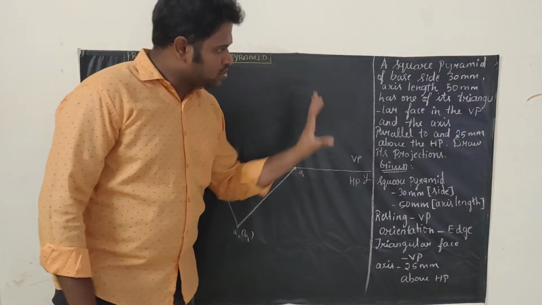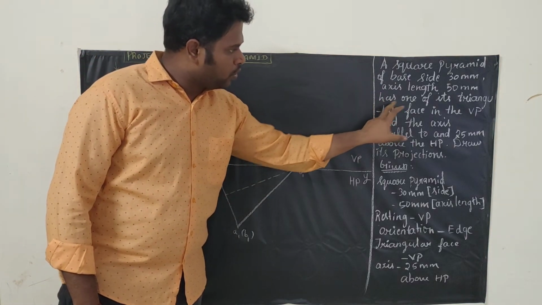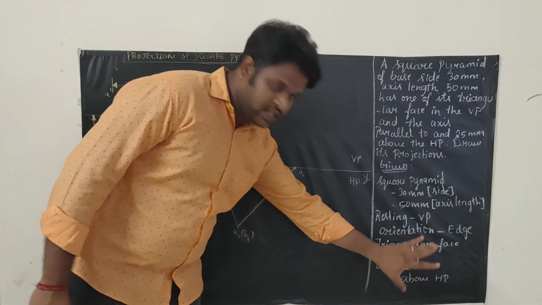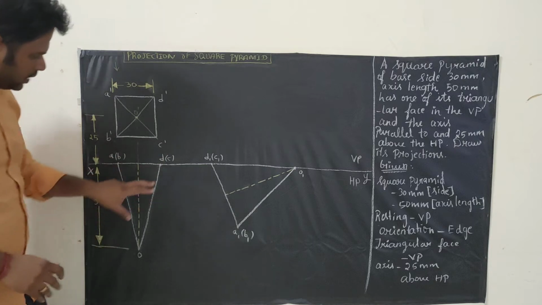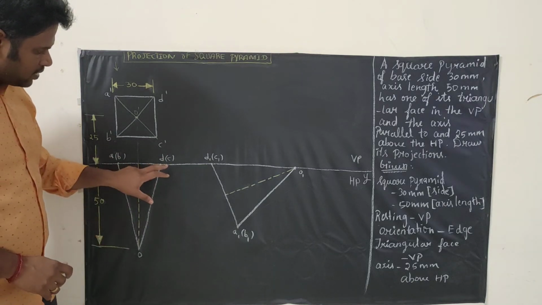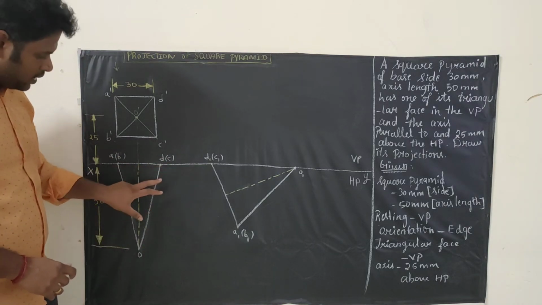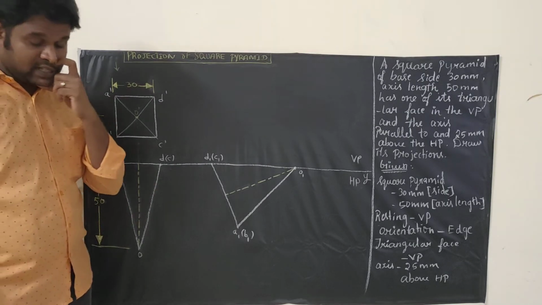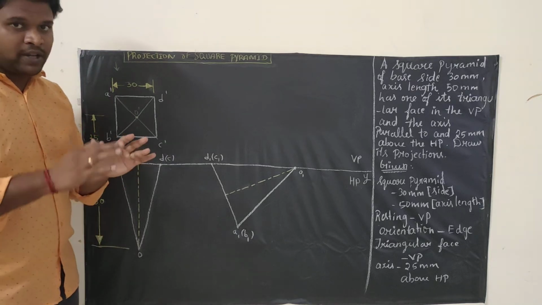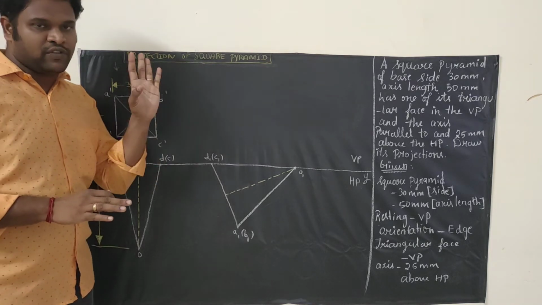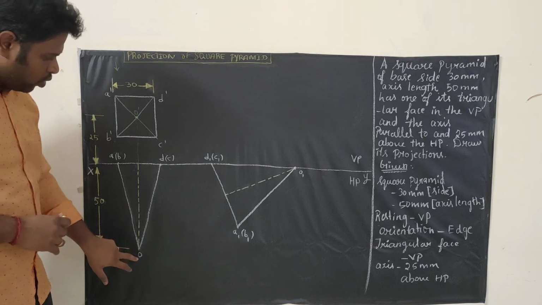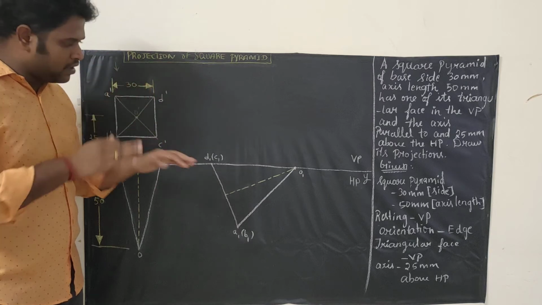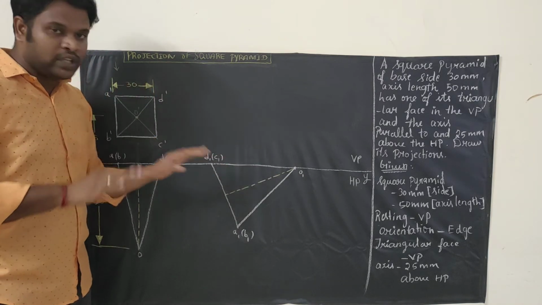Now going back to the question, what they said is that one of its triangular faces is in the HP. That's what they gave, right? See here, triangular face in the HP. So what are we going to do? O dash, D dash, OD and OC, here we will have one triangular face, and here OA, OB is another triangular face. We can keep any triangular face. They haven't mentioned anything. They are just asking for one triangular face. So what I'm going to do? See here, ODC is a triangular face. I am going to place the triangular face on the HP, exactly on the reference line.